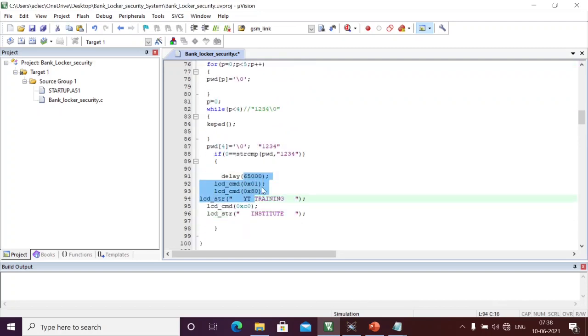Here after this delay, I'm going to print like bank locker. Otherwise, I will say entered password is correct.